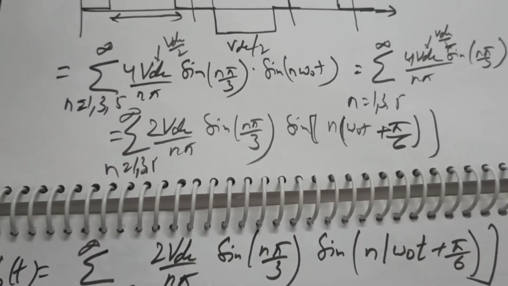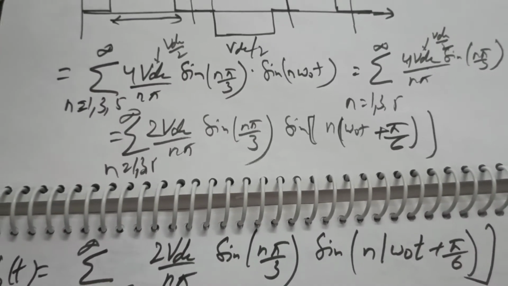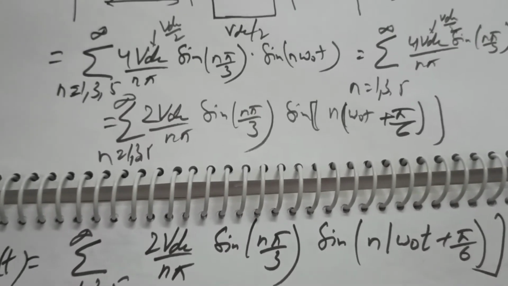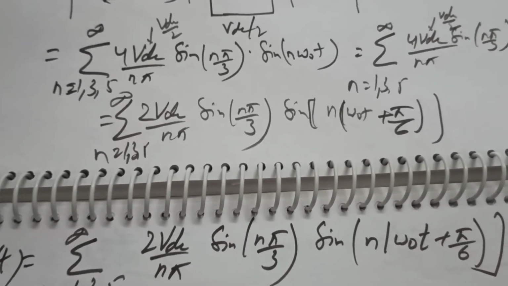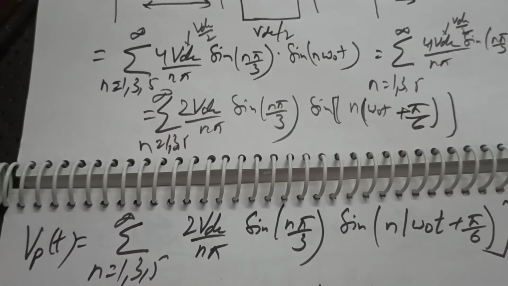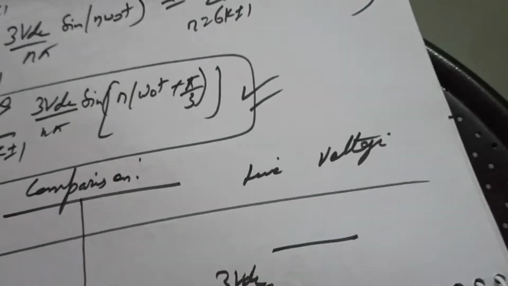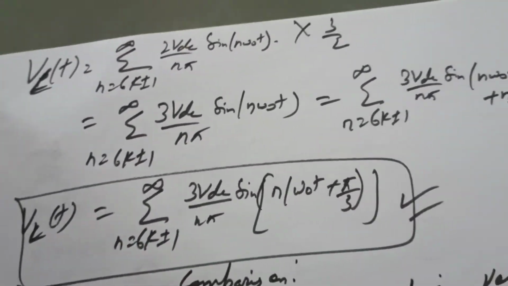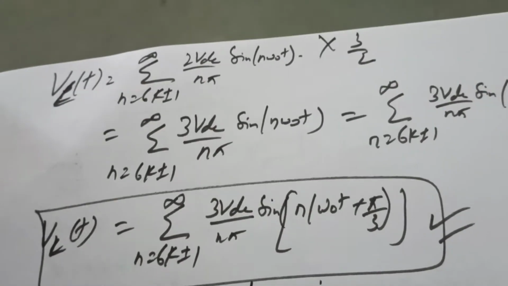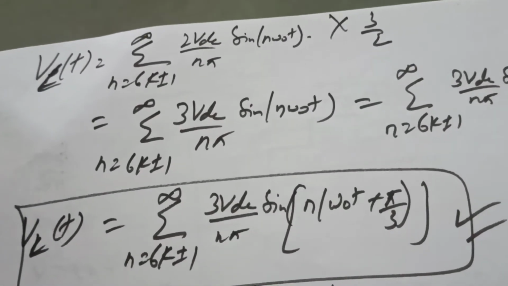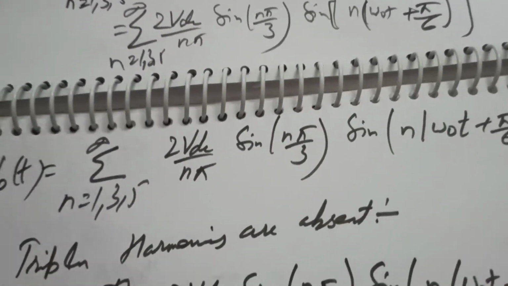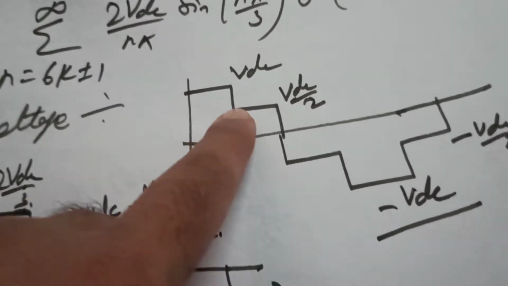Okay, no doubt. I think there is no doubt in this expression. Yes, this can be very well evaluated. Okay, clear? Now again, if you focus on the line voltage, it can be very well calculated: 2 VDC by n pi sin n omega naught t multiplied by 3 by 2, so that we get the absolute same. But again, this is the waveform that we are obtaining for phase A.